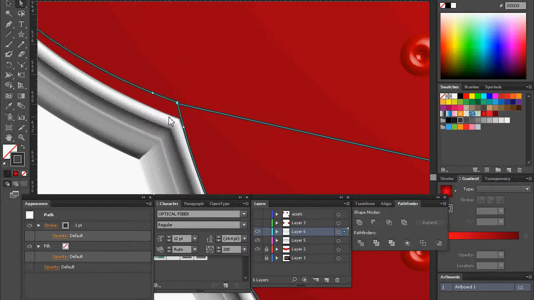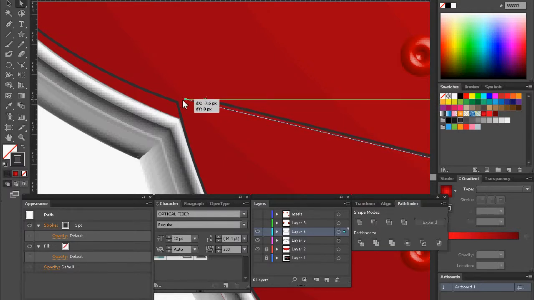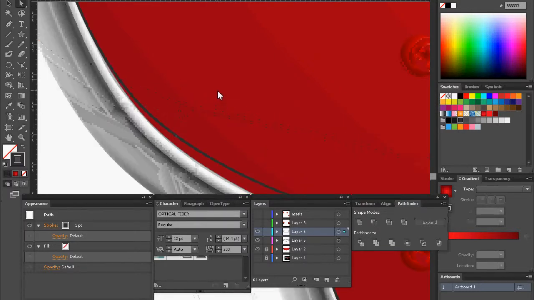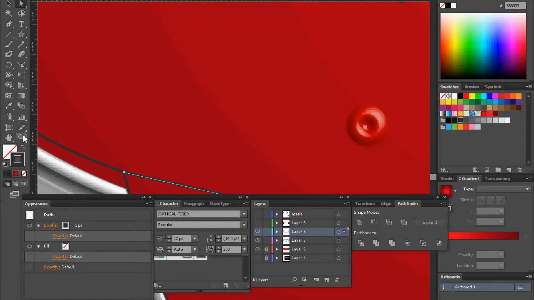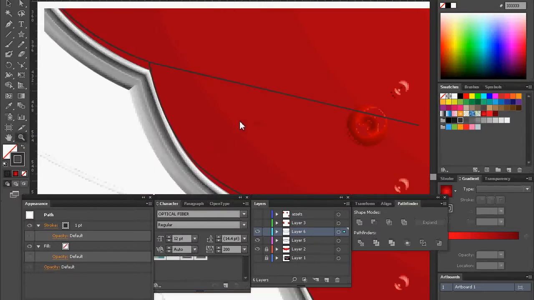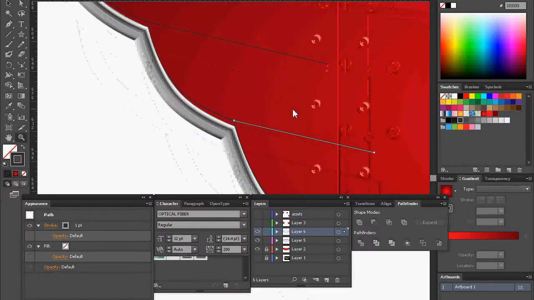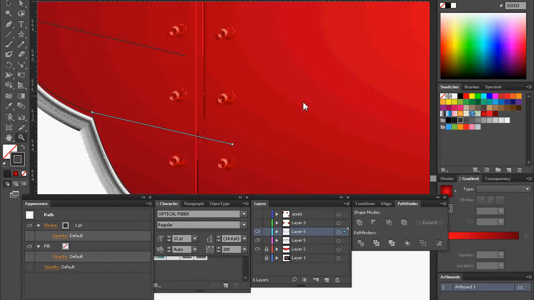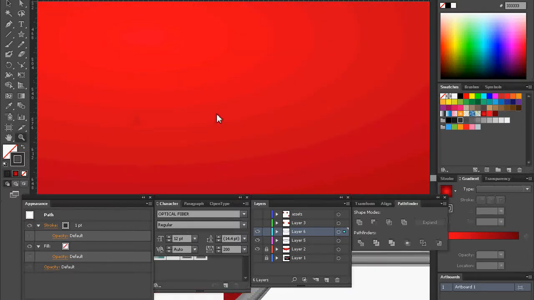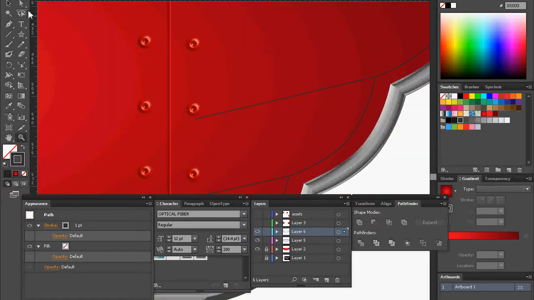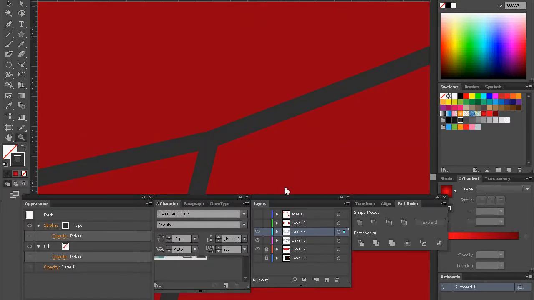When you snap, if you have your snap guides and all that stuff on, it should say that you're snapping to the anchor. This part is kind of important because the stroke is very thin. So if you're not directly on it like this, you might run into a few problems. So these look pretty seamless. Alright, so now what we're going to do is